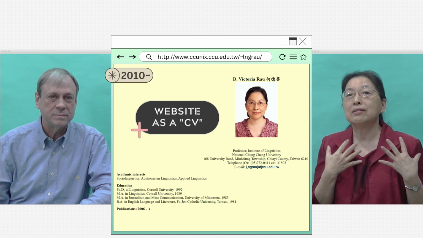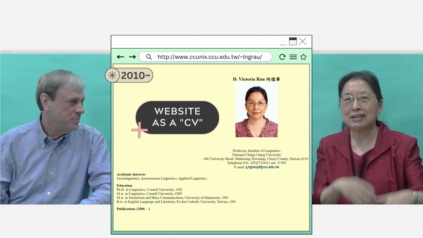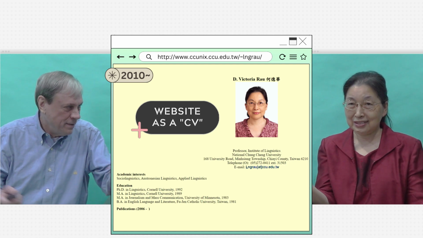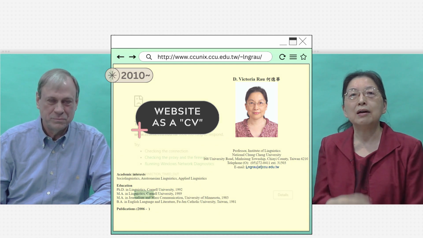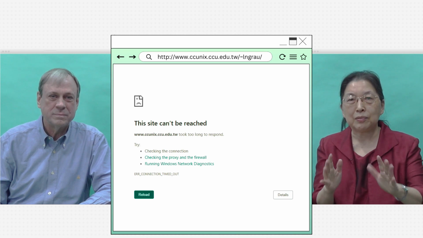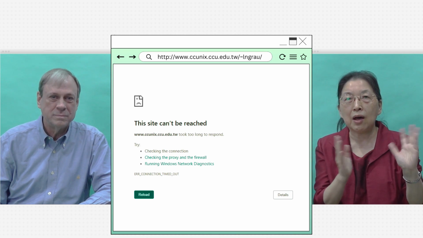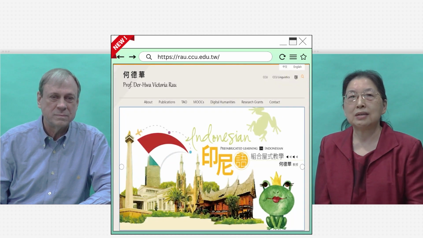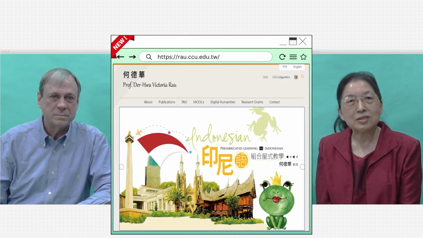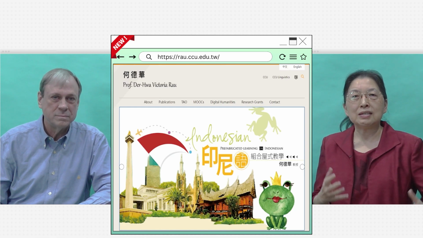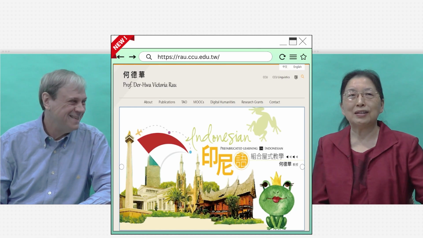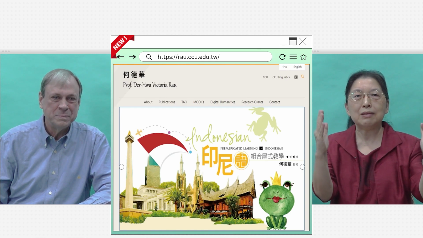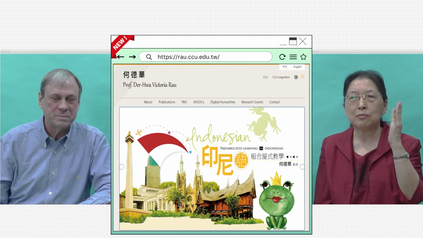So it's easier for me to do something like this when I want to add new information. It's just one page and you just add it in sequence. Exactly. But this website is already out of date and it's no longer supported. My new personal website was constructed by my research assistant, who is a younger generation who knows the current model, the current schema of a contemporary website.